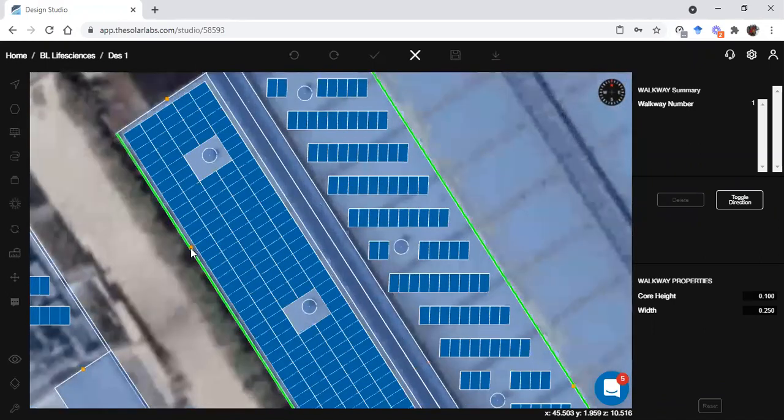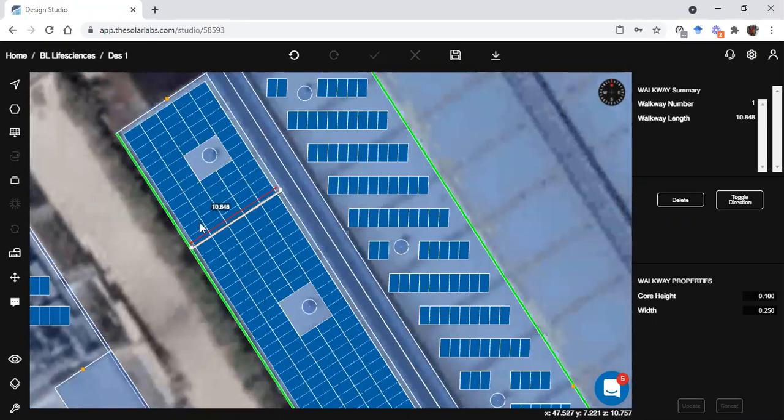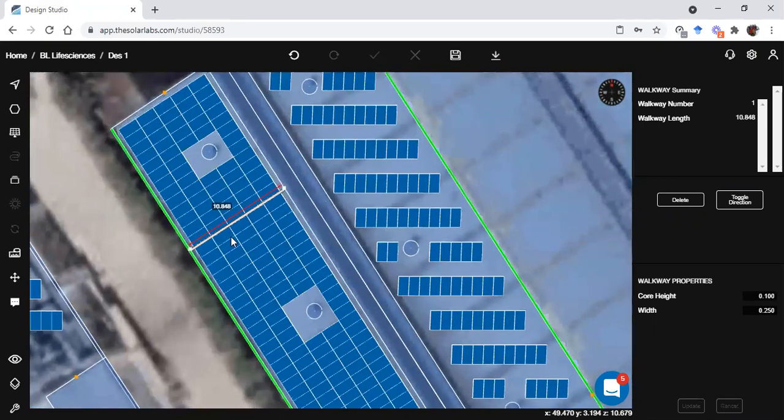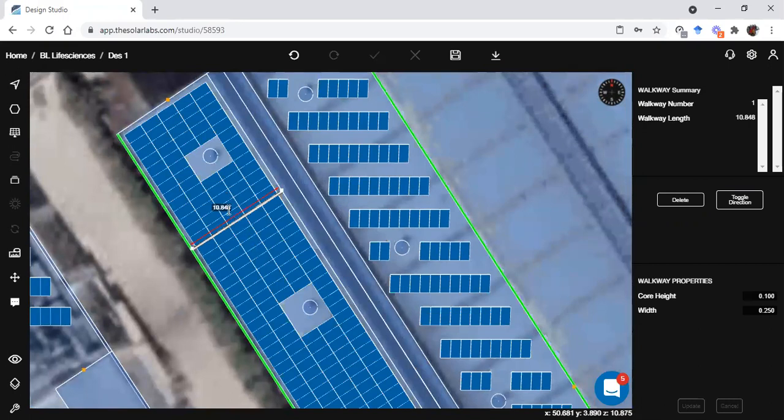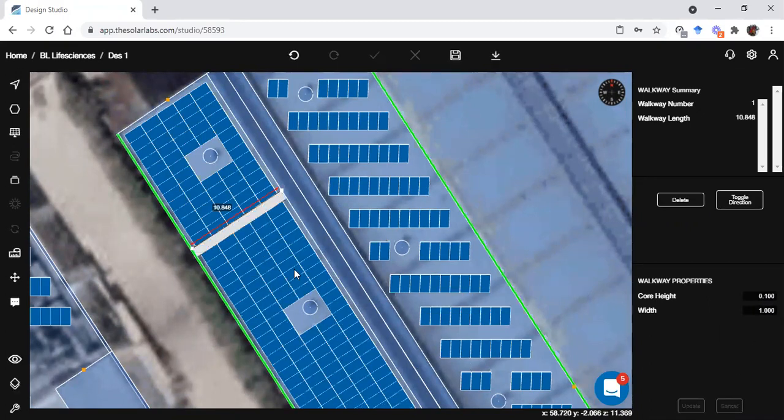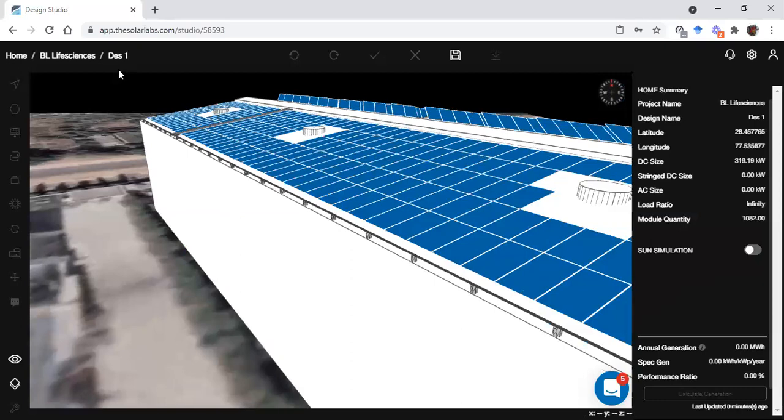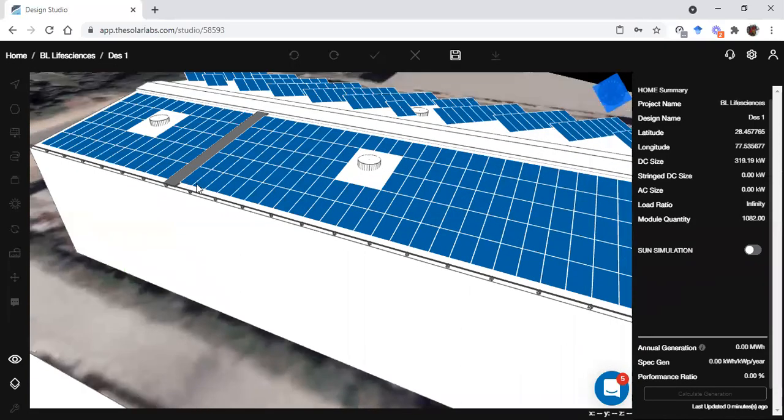So if I add one here, you just simply need to make a walkway, and you can see that the panels have been adjusted according to this walkway automatically. Next, you have the properties of walkways here, like its height, its width. Let's say I want to increase its width to 1 meter, I can do that. If I update it, you will see panels will automatically adjust. And if I show it in 3D, this is how your walkway will look like.